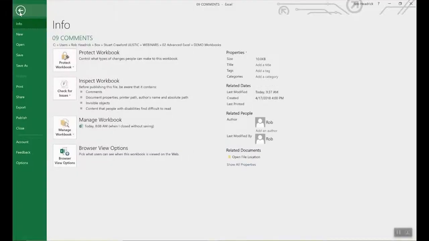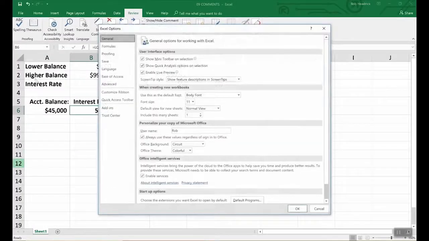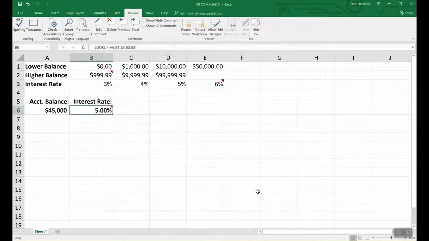Go to File, Options, General, and then down here, and then just change the username to the name that you'd like to show up in the comments. Now don't worry if you've already done a bunch of comments, it will make the adjustment for you. No need to go back and change each one of them individually. Okay? So if you'd like to format the comment,